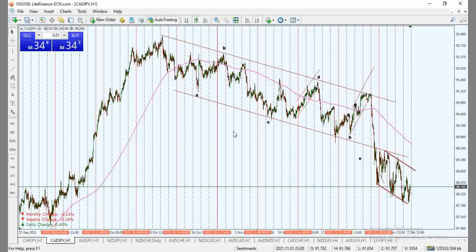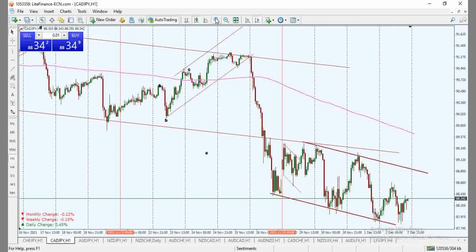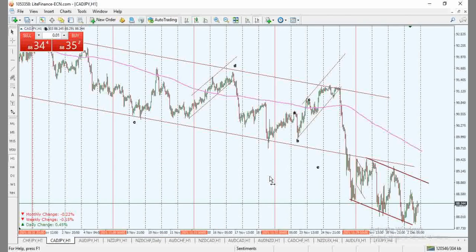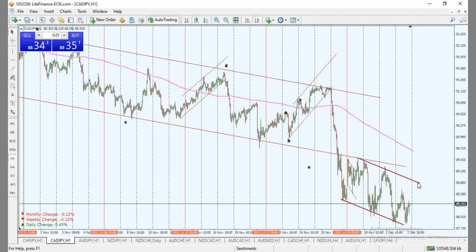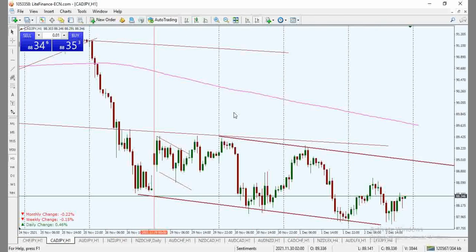All right, so we look at CAD JPY, and first, what's going on with CAD JPY? I think whatever is happening here, we are seeing more of a contraction. We're seeing more of a contraction inside of this zone here. As we could identify, we've seen price all through the week contract. However, it has been contracting downward.